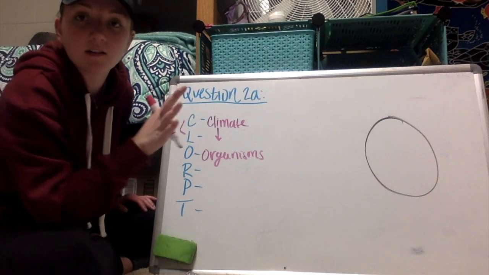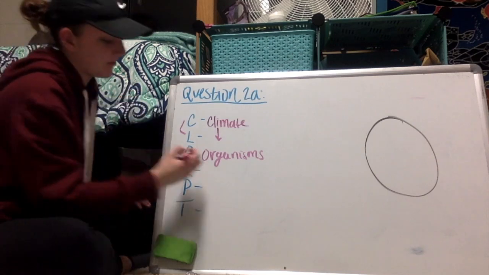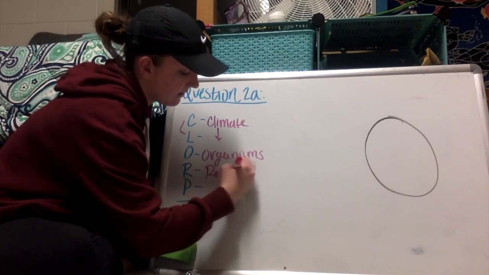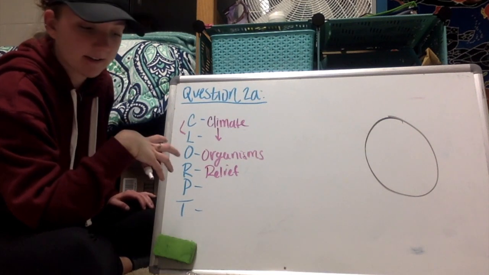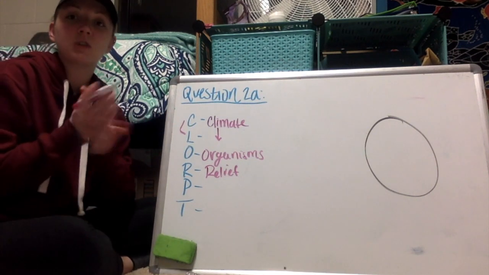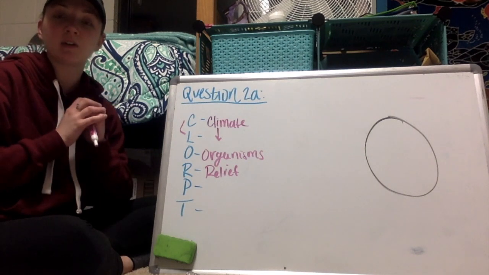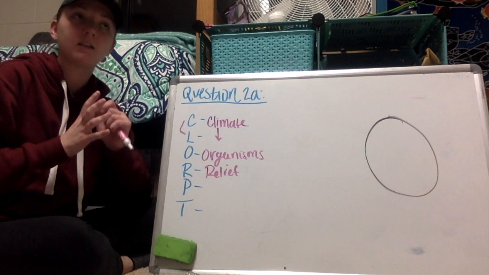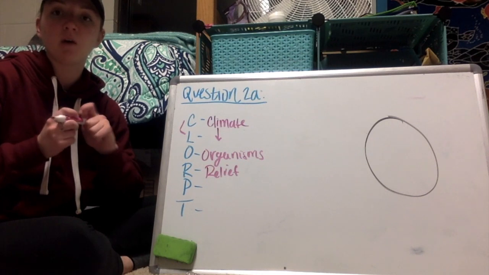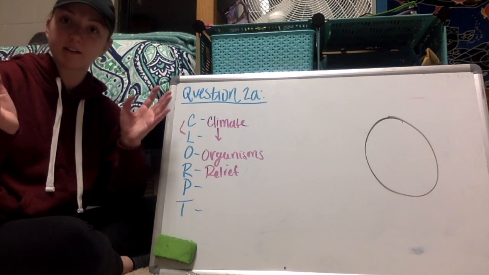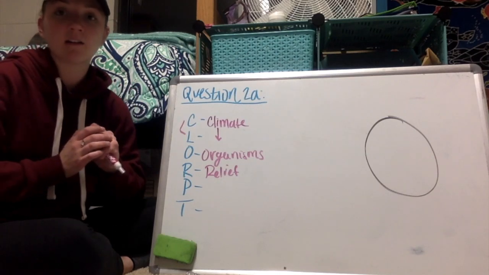And then R stands for, does anybody know what R stands for? No? Okay. R stands for the term relief. And relief, in this context, means the shape of the land and the direction that it faces. In particular, I'm from Illinois, and in Illinois we have a lot of cornfields and bean fields, and during the winter it's very cold and it's hard for the plants to grow. We are up north, obviously, in the Midwest, so it's hard for us to grow crops during the winter because of the temperature and the direction